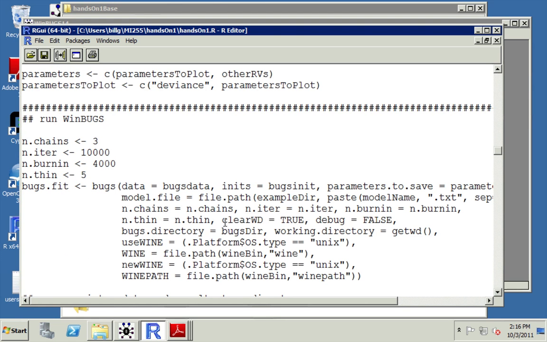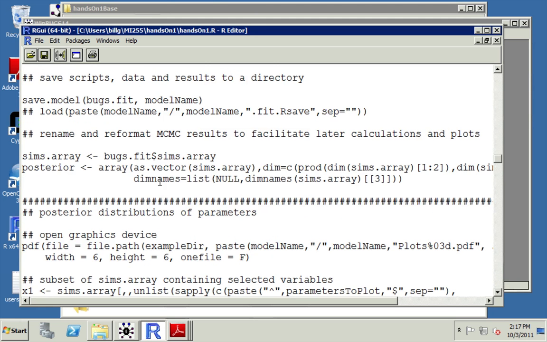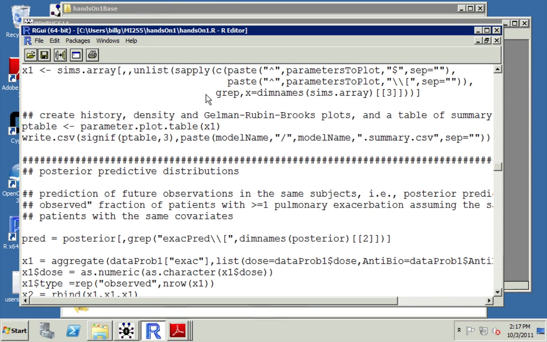Then again, the bugs call itself is pretty much boilerplate, except for making decisions about things like number of chains and number of iterations in here. Again, I often use numbers similar to the ones you see here for a lot of problems as a first attempt, but then look at the results to see whether that's actually adequate for the problem. And again, we got some boilerplate after that for reorganizing the data, opening a PDF device for collecting our plots, getting a summary table in here,